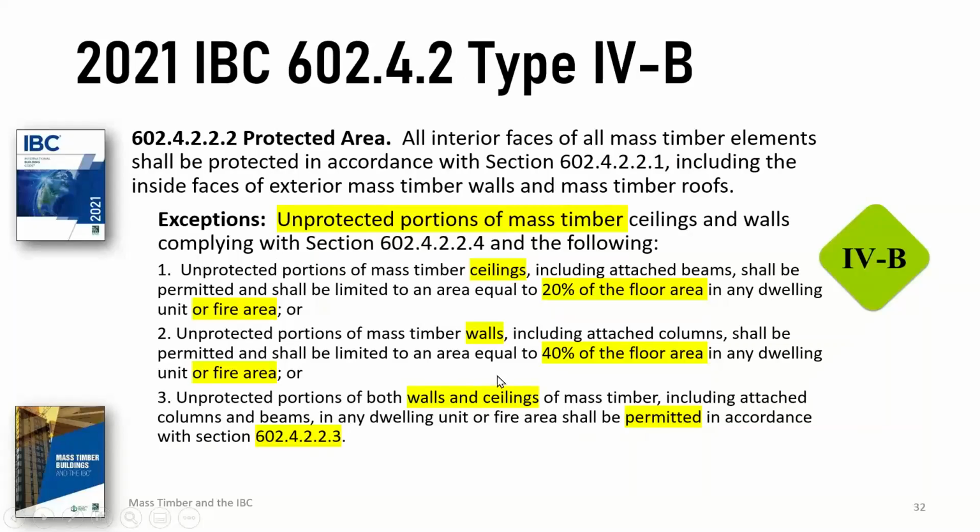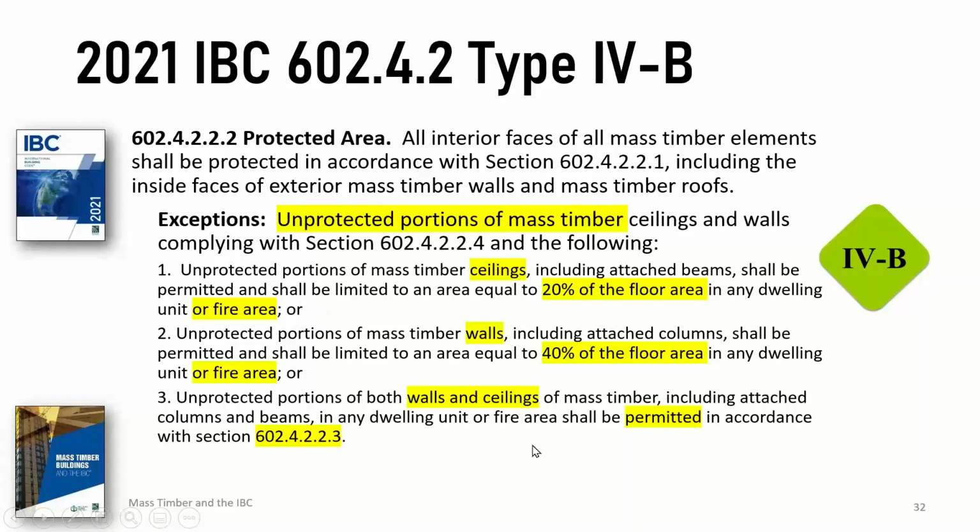And what about that unprotected section? How much can be unprotected? I'm going to show you a few pictures here about how much can be unprotected. But this is the actual code language. If you're not protecting some part of the ceiling, 20% of the floor area can be exposed on the ceiling. If you're not protecting the walls, an area equal to 40% of the floor area can be unprotected on a wall. And in the dwelling or in the fire area, it would be on all the walls together, not more than 40%. And then you can make a combination, but you have to use a